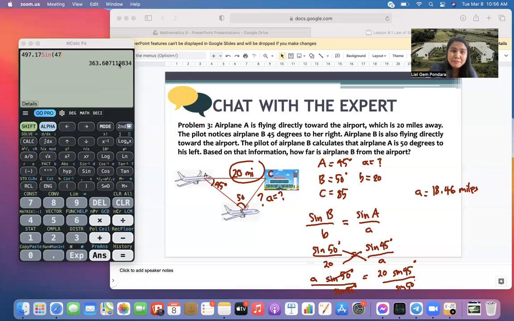Verify it in our calculator. 20 sine 45 over sine 50. There. It's approximately 18.46 miles. Any questions? Give me a thumbs